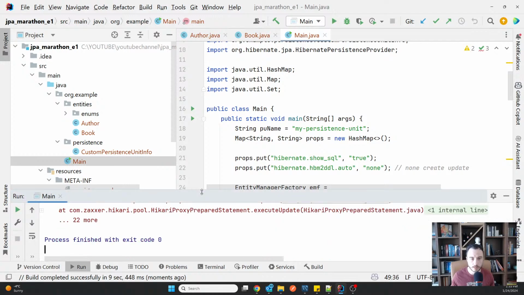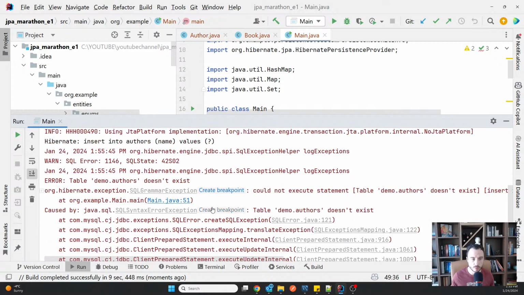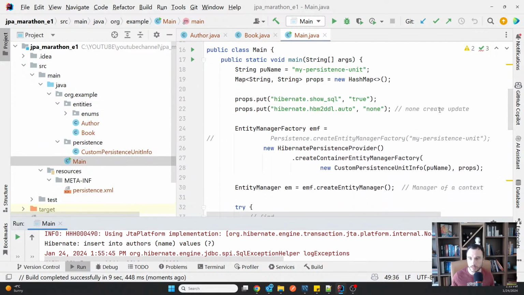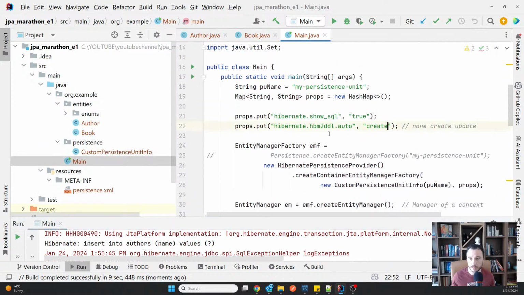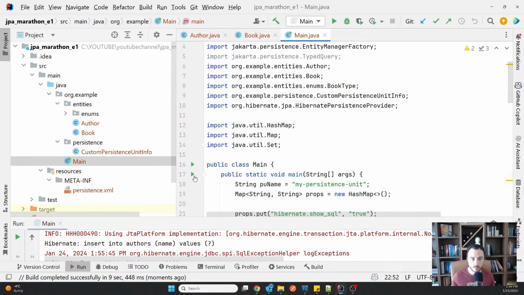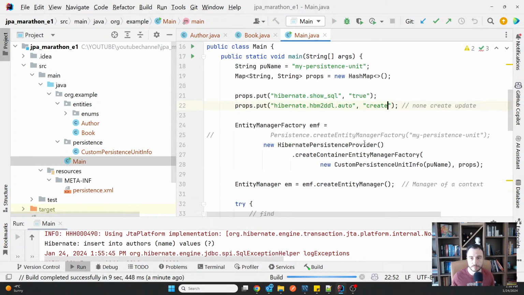Okay, something didn't work. I need to see what exactly. Demo authors doesn't exist. Yeah, sorry, I needed to put the create back here to prove that. Okay, one more try.